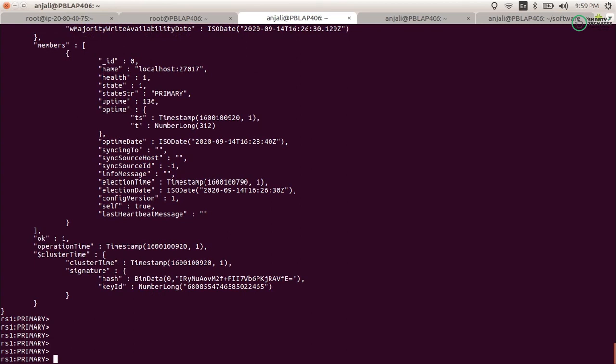So this is all about today's topic. Let's summarize it. We learned first how to convert a standalone Mongo server to a replica set member. Then we learned how to add a new MongoDB member to already existing replica set members and saw the command for that, and you got to know what configuration we need to change for this.